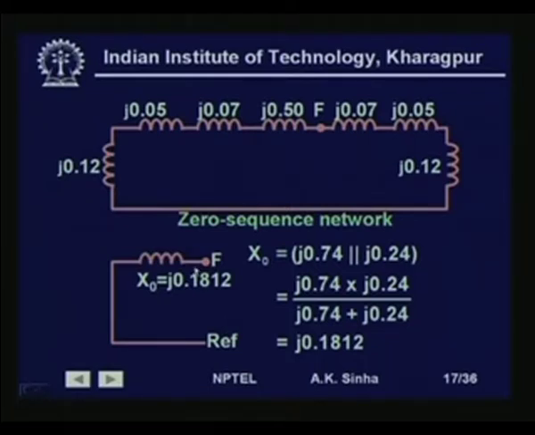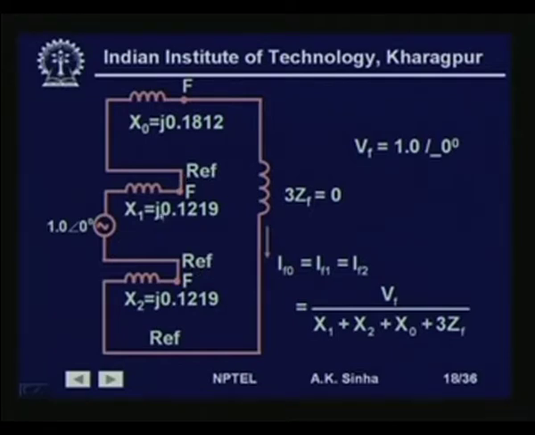So now, for a single line to ground fault, as we have seen, we have the 3 networks in series. So this is the positive sequence network, this voltage source and the positive sequence reactance, the zero sequence network, no source and the zero sequence reactance, and the negative sequence network with the negative sequence reactance and no source. So all these are connected in series. Now, this is 3 ZF, but here ZF is equal to 0 because the fault is a bolted fault. So this is 0. So what we need to do is